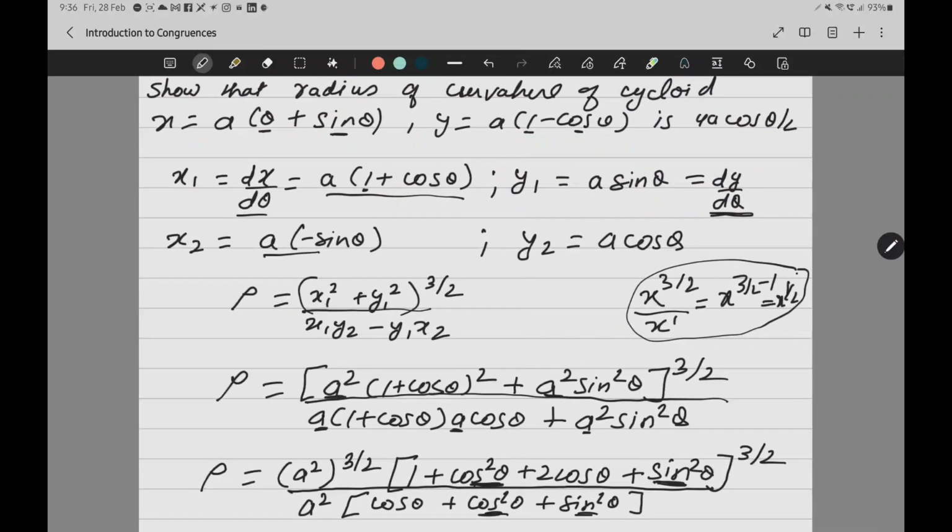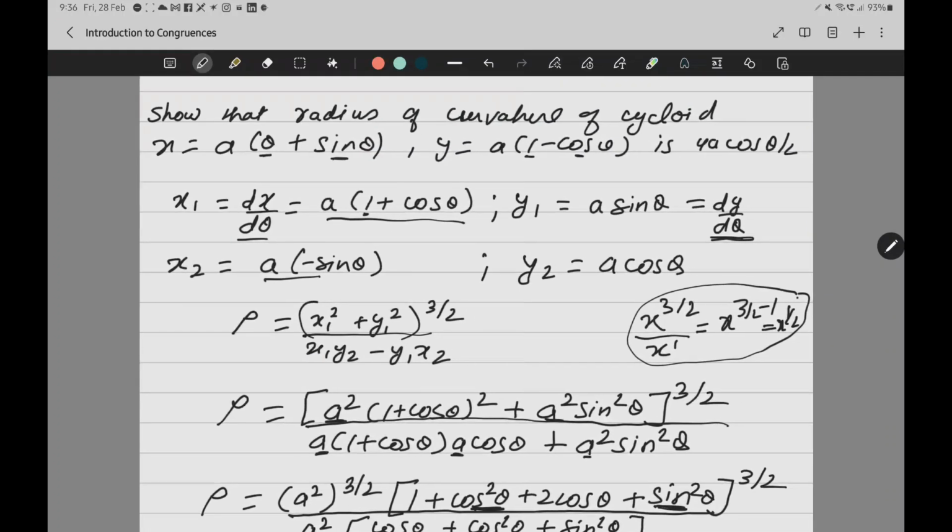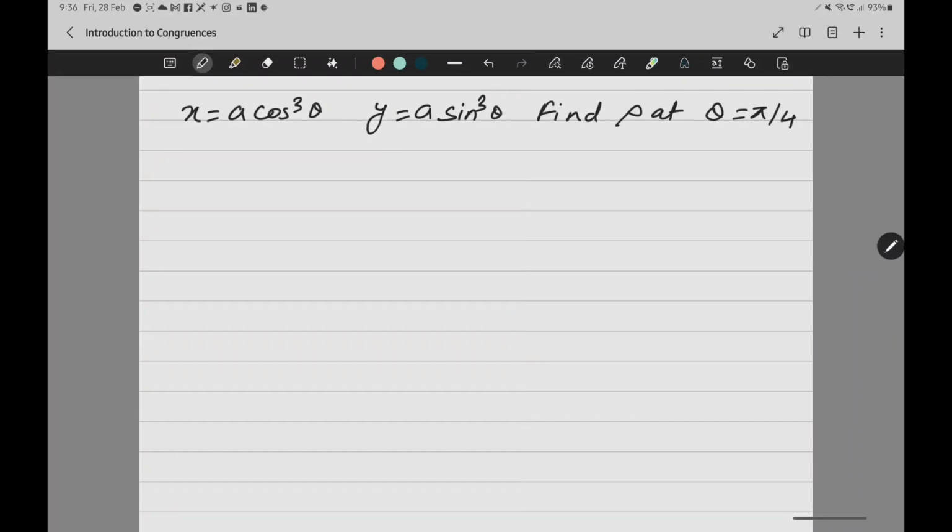Okay. So for this type of question, parametric form, find out the derivative and put in the formula. So only a little bit of algebra you are applying here. Nothing complicated or great I am doing. It's simply putting the value and simplifying. That's it. Let us see one more question.